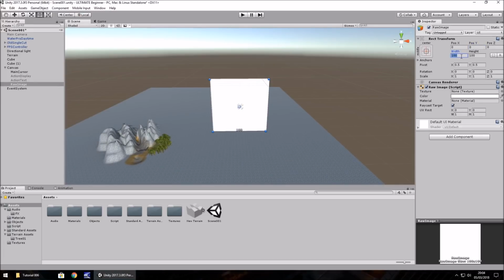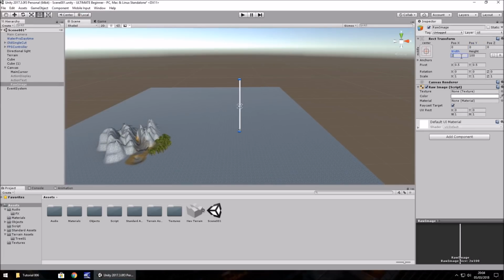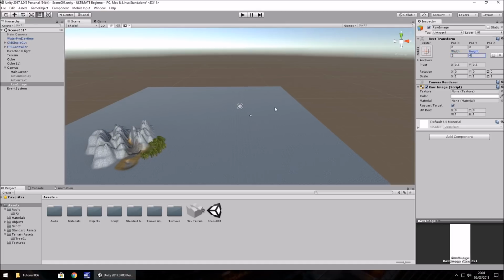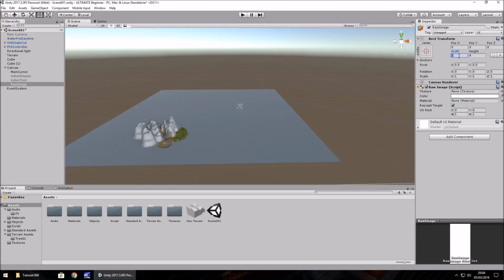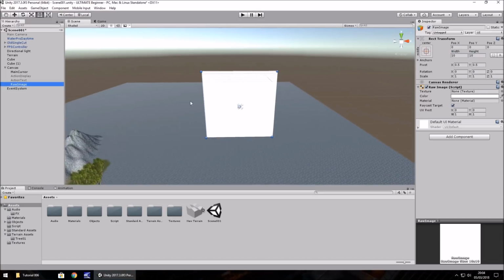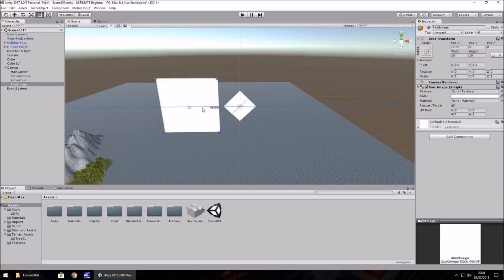Width, let's have as 2. Height, let's have as 4. Maybe that's still, yeah, I don't think that's quite going to do the trick. Oh gosh, I'm trying to think of some good figures we can have here, so we can see how much of an impact this is having on our dot. So that's the dot. So we've got to aim for this to be roughly bigger than it going around, but